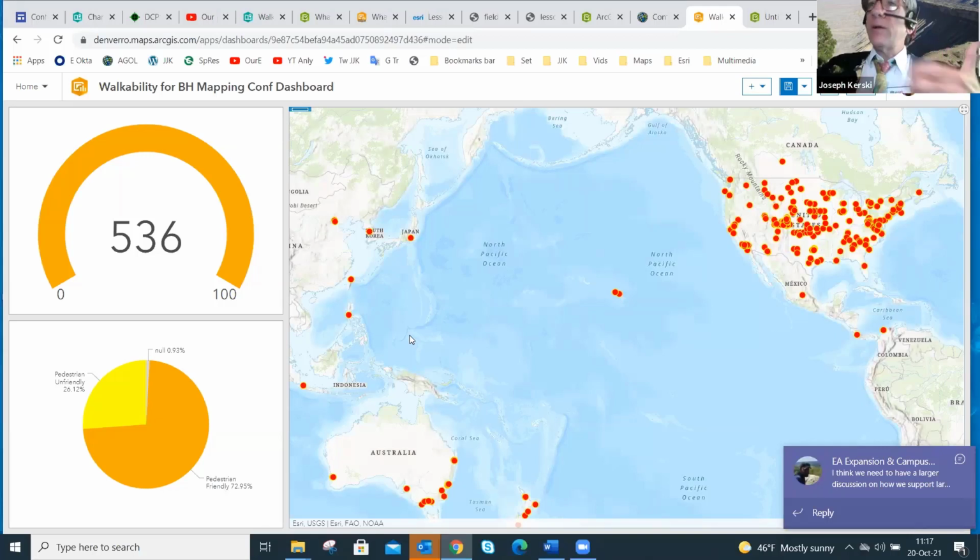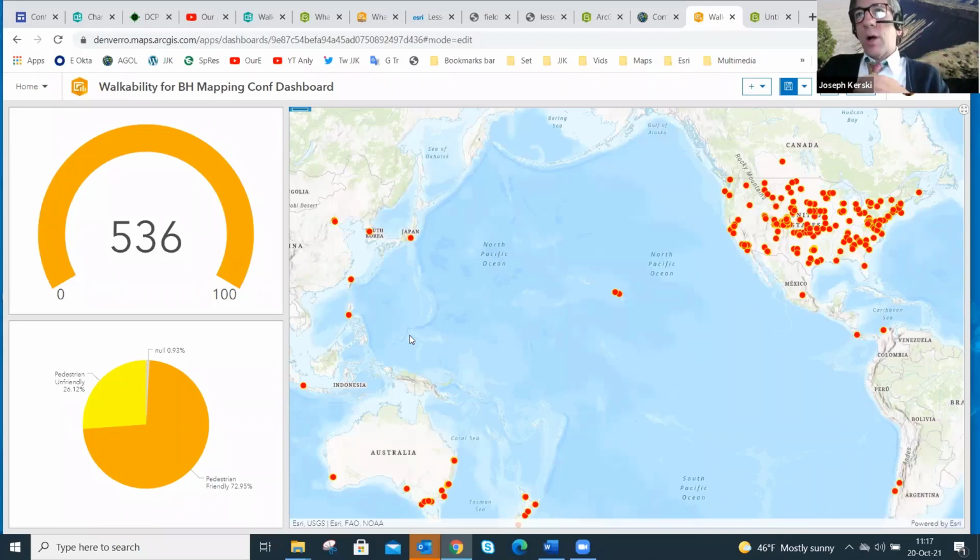Okay, so with a couple of other additions, we could have a list. And in another workshop, we could say, well, if something happens, let's say in this walkability example, if I get to the point where exactly 75 or more percent of the places in my community, let's say we didn't have a global study, let's say we just had a community study, are walkable, I want something to happen in the dashboard. I want red text to come up. I want some behavior to happen. So dashboards allow you to do that sort of mid functionality, deeper dive kinds of things. Recognize that there's no shortage of documentation as to how to do all of that.